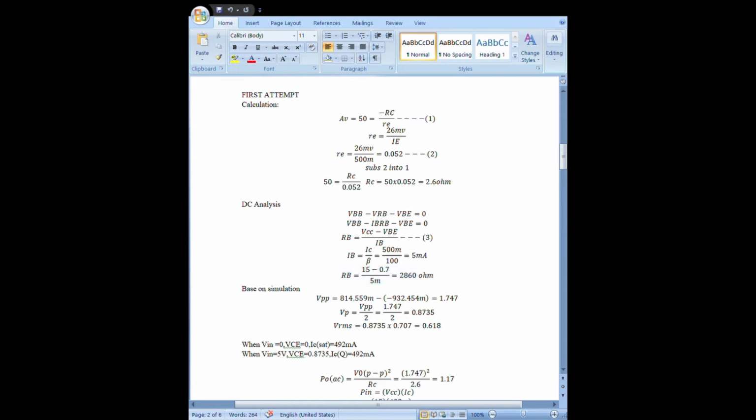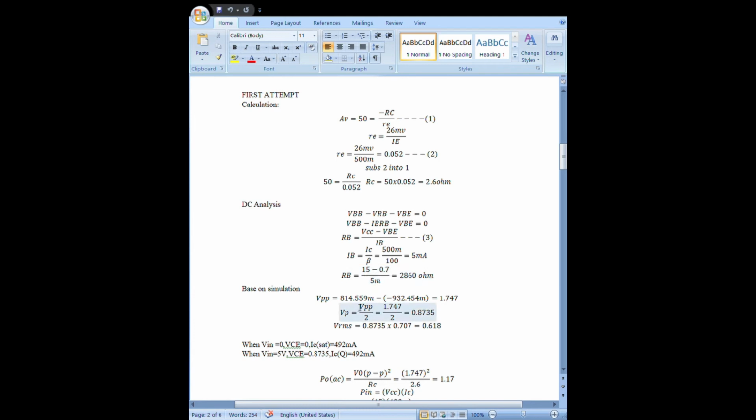After we design it inside the circuit, we get the value of ICQ is 492 milliampere, which is near to 500 milliampere. And the value of IBQ is 4.62 milliampere, which is also near to 5 milliampere. And then based on the simulation,